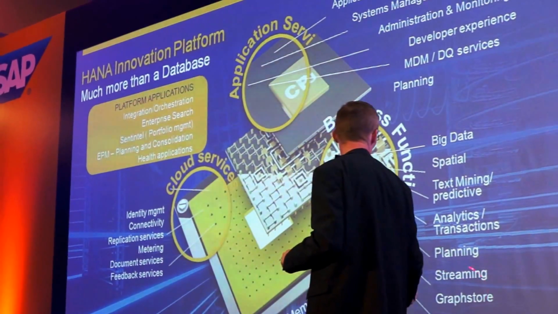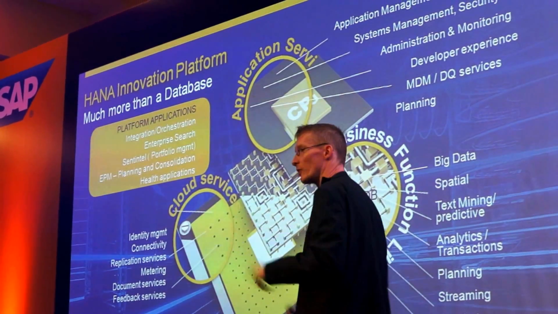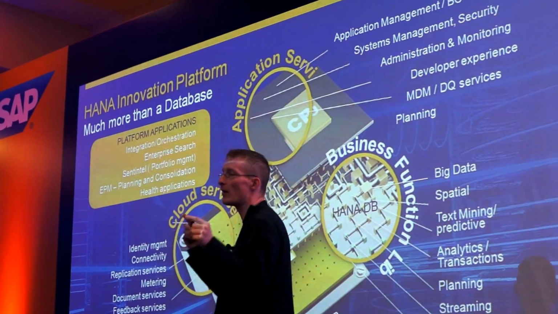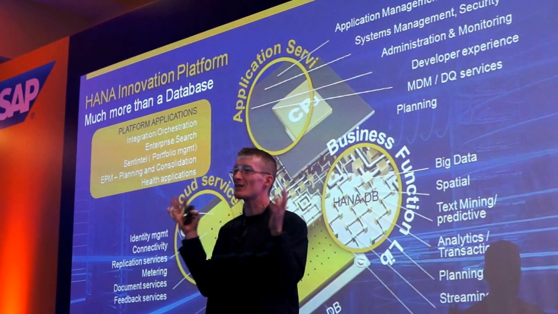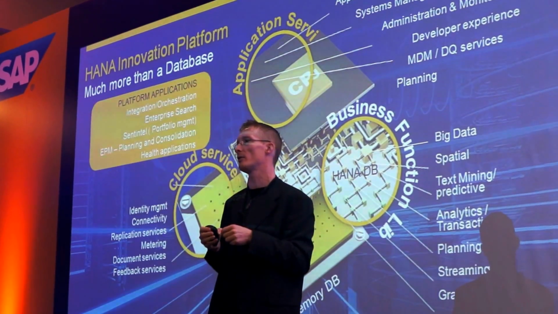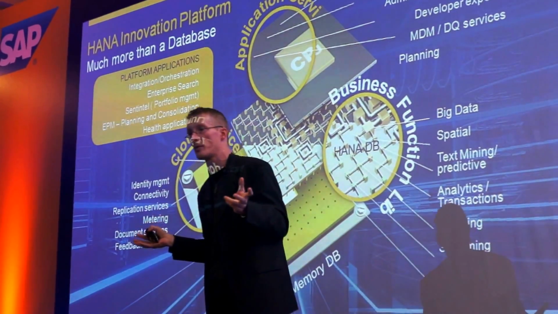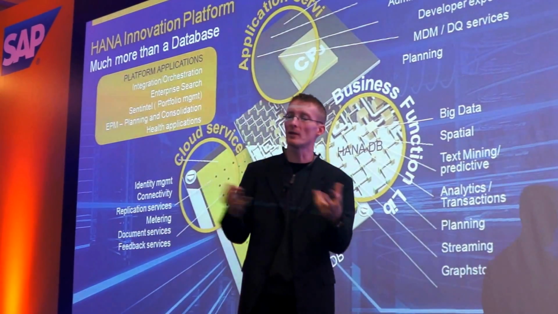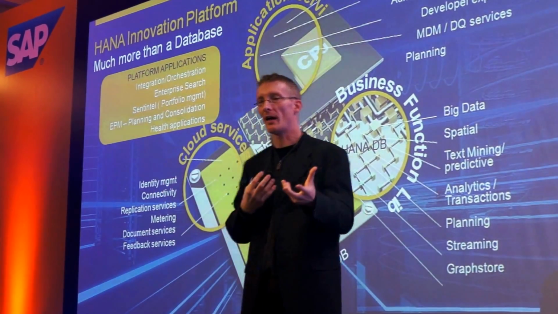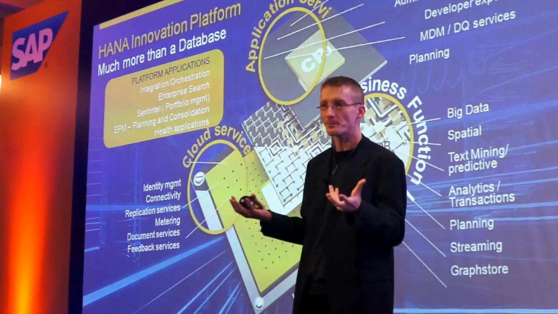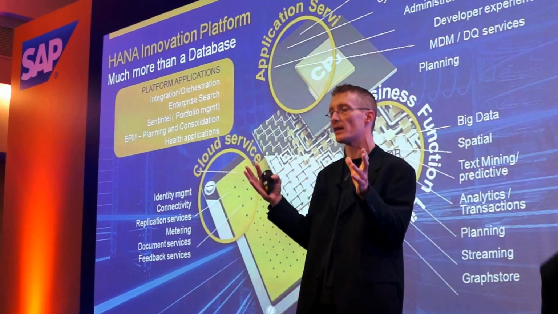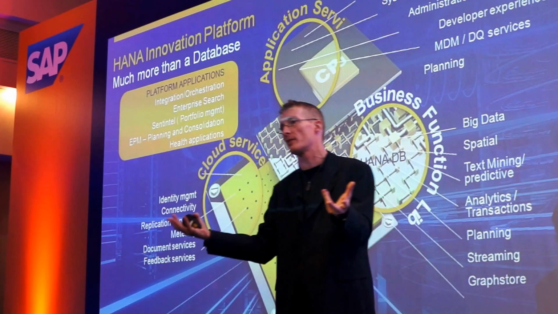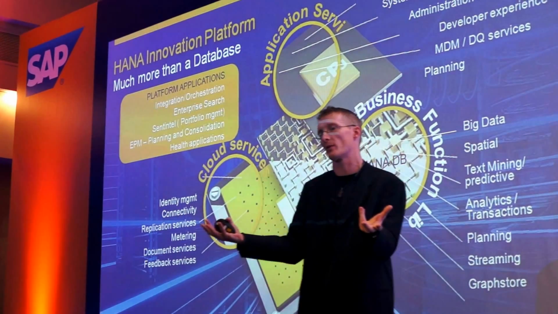And last but not least, we have streaming in the graph store. Streaming I already mentioned. That's the way of how to load data into the system if you have these huge amount of data which are coming from the RFIDs and from the chips. There you speak about hundreds of millions of events which you get per minute. And of course, this is a big challenge to load these data into the database and not overwhelm the system with a huge amount of data.